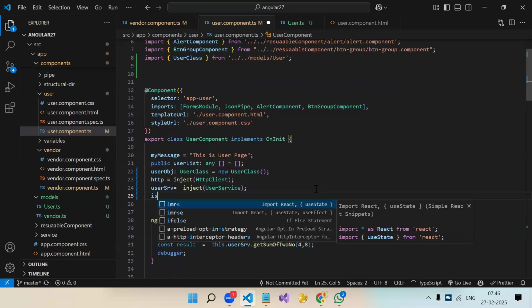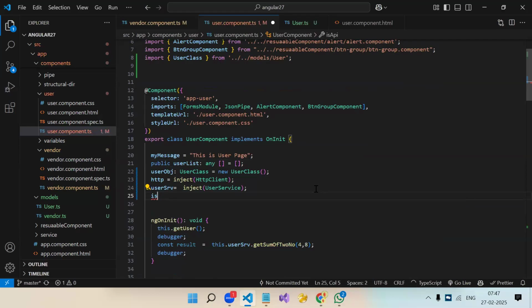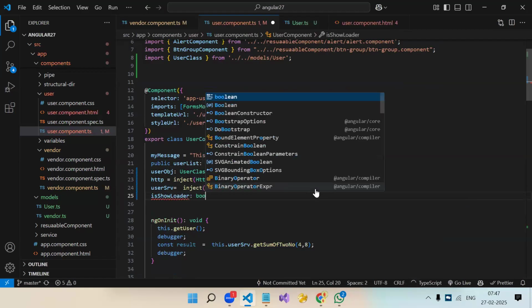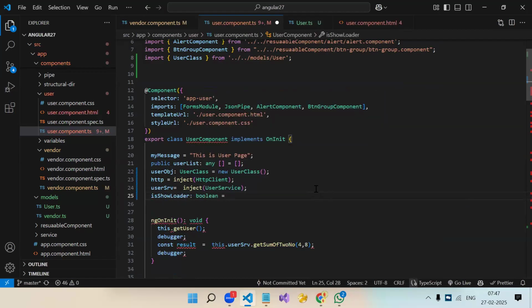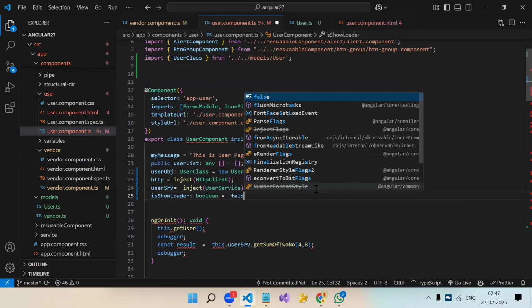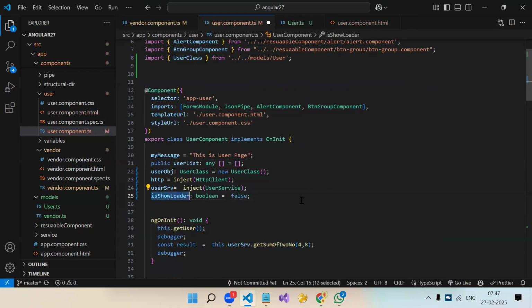Let's say simple: isShowLoader. By default, the Boolean value is equal to false. Okay. When do we have to make this variable true?